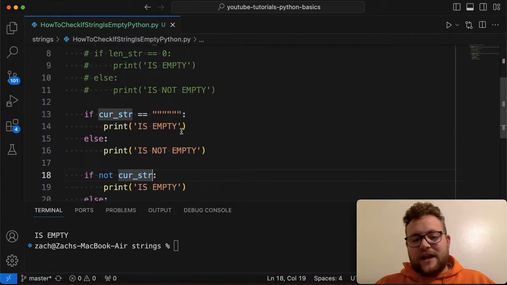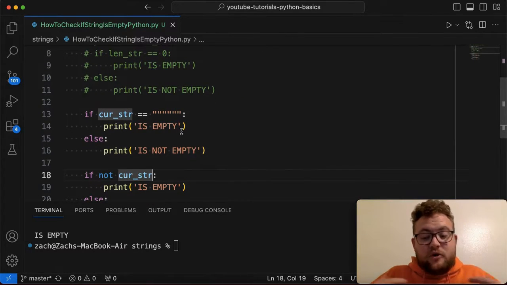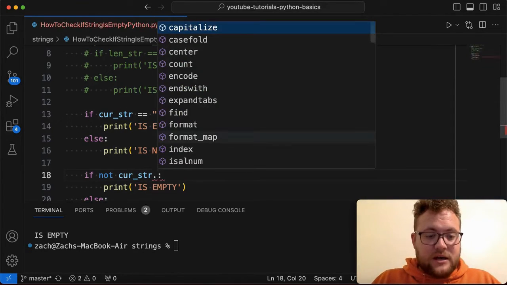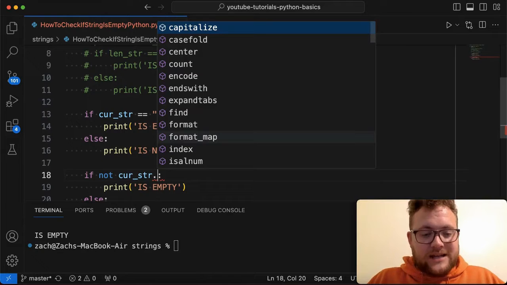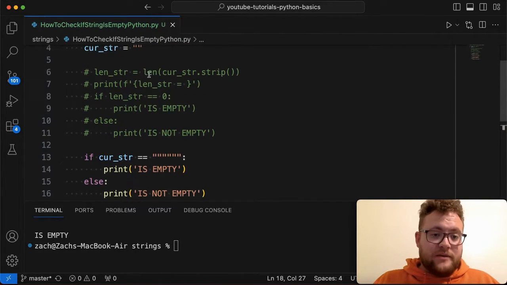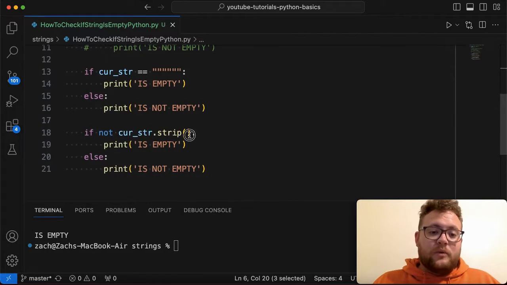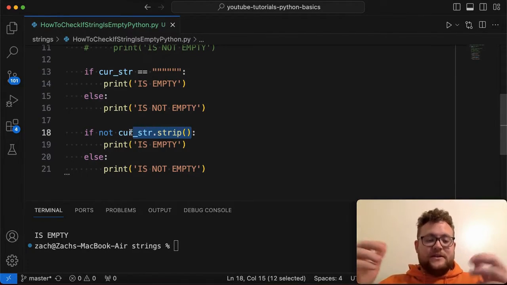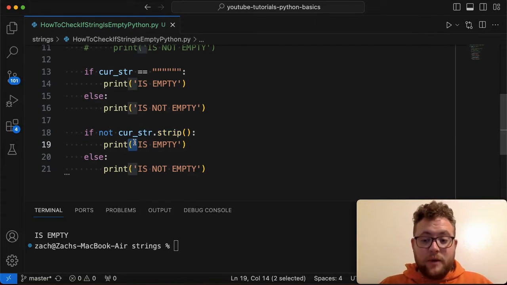The one caveat I would always mention here, and maybe even with all these, is that this depends on what strings are coming in. If you need white space in your strings, this might not be the best thing to do, or if you need new lines. But what I always do, if I know I'm going to need it, is use the strip function, like I mentioned before when talking about the length function. This takes out the chance that the code doesn't fall into this if statement like I'm hoping it will, just because the string has a new line, or contains 3 spaces or 2 spaces